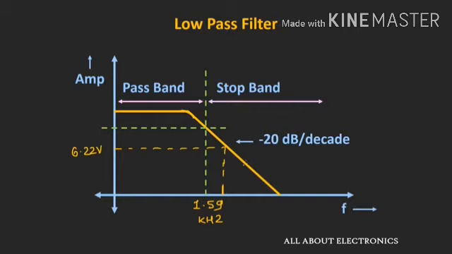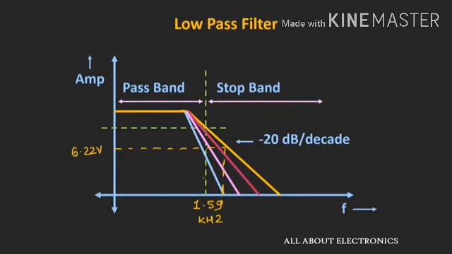So now suppose in your design you want this 2 kHz signal to be attenuated as much as possible, then we should go for higher order filters. And as we go for higher order filters, the slope of the decay will increase gradually. So suppose if you go for a second order filter, then you will see the amplitude at 2 kHz will be lesser than the first order filter. And similarly, if you go for higher order filters, the amplitude at 2 kHz frequency will reduce drastically.